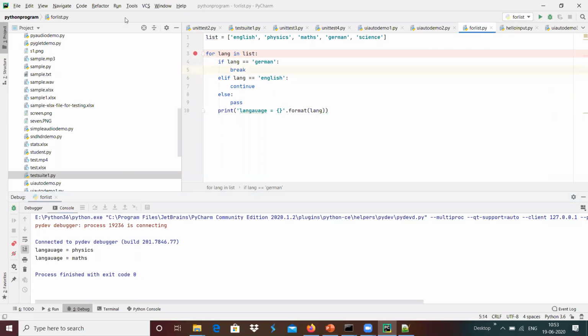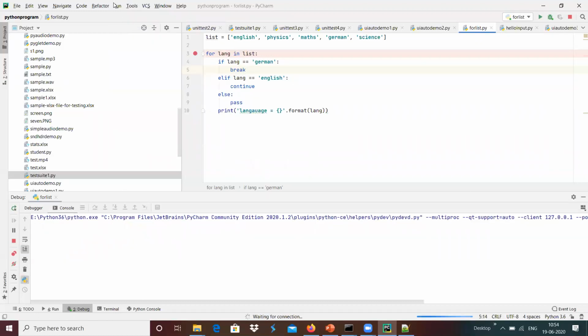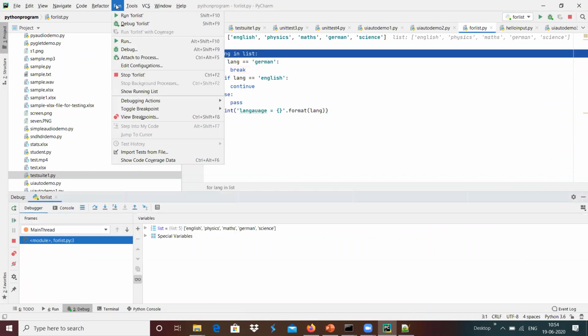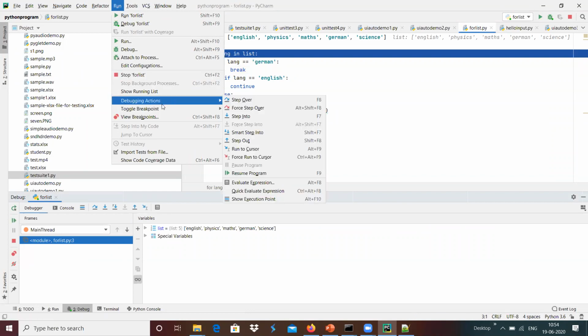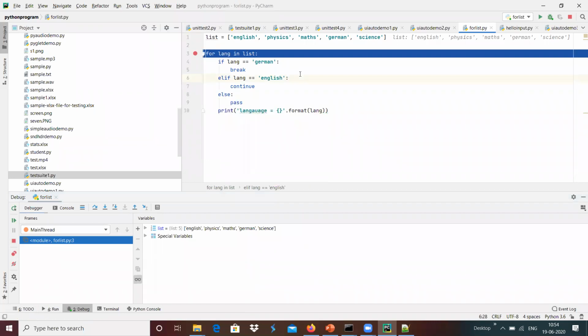And basically we can do the debug. After that, if we wanted to terminate the session, we can do that with the help of the stop option. For example, if we wanted to stop here, we can do it with the help of the stop button, so that the program execution will be terminated over here. This provides some kind of debugging of the Python program.